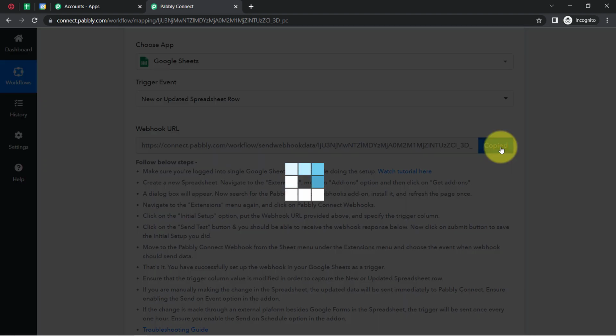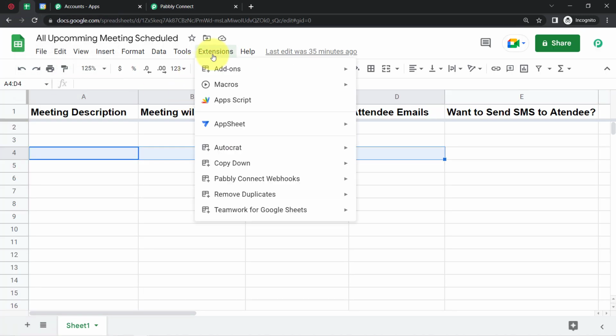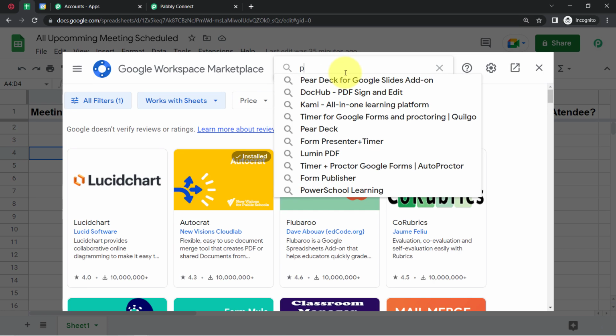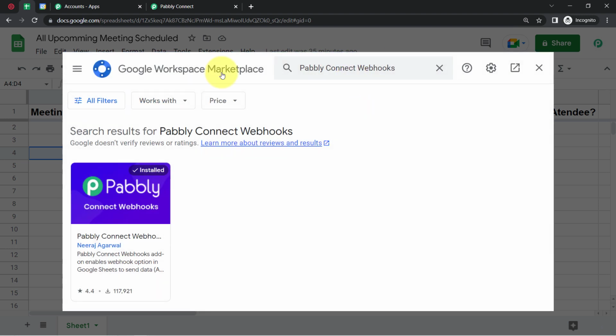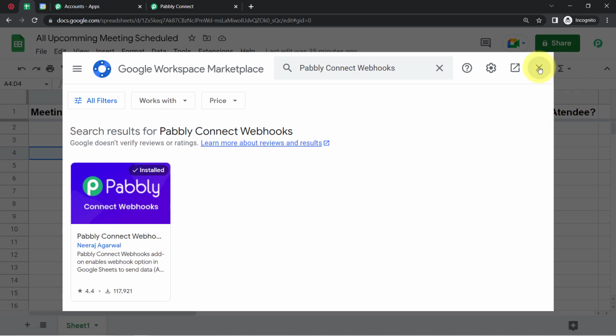Okay, so copy this webhook URL first, and you will have to go to your spreadsheet and click on extension, click on add-ons, click on get add-ons, and here search for the Pabbly Connect webhooks add-on. Alright, so I'm searching for the same Pabbly Connect webhooks add-on, and after searching for this, you will have to install this particular add-on. Well, this is already installed into my account, so that is why I'm closing it here